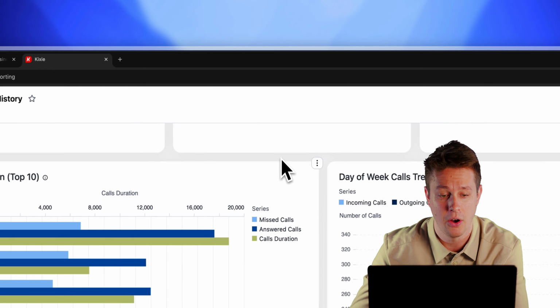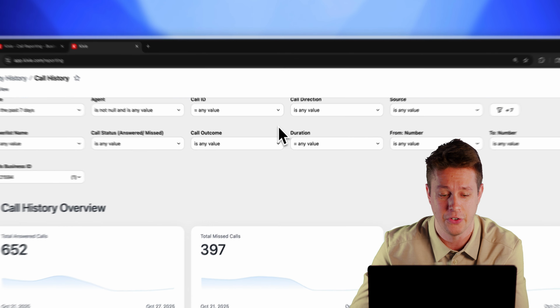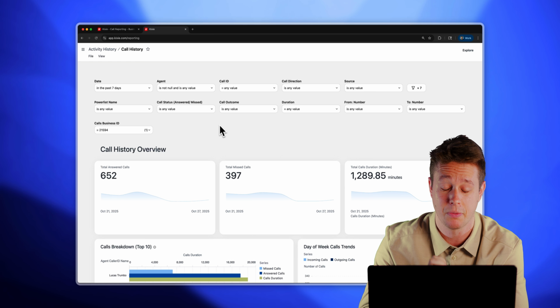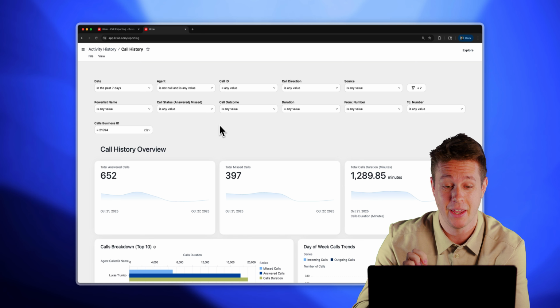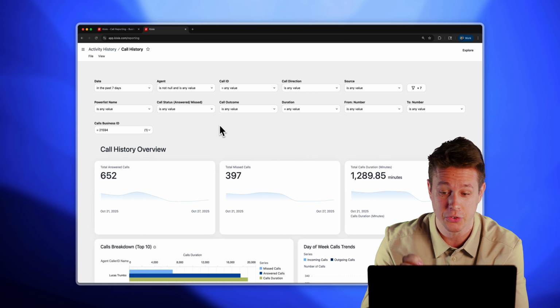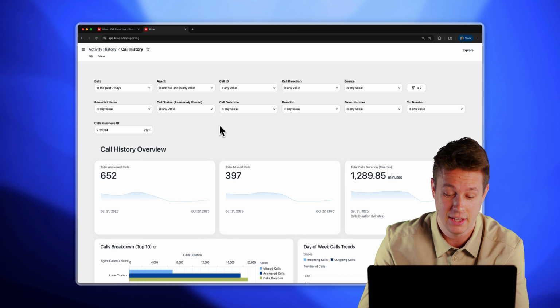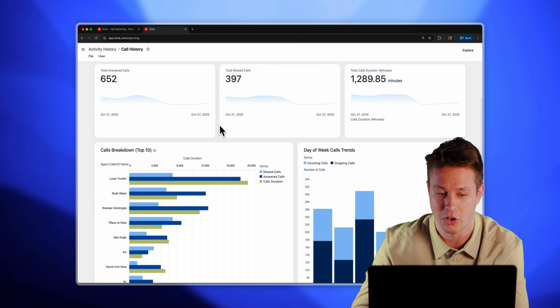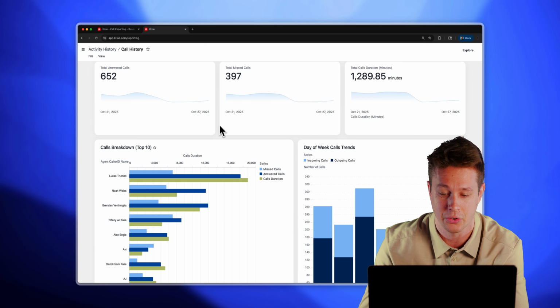Now, it's important to know that with this pre-built dashboard, any of these filters that I create on this particular one are not going to save, because this is a pre-built dashboard with pre-built filters. So if I want to make sure that the filters I'm setting up are saved and are part of a brand new dashboard, maybe with some more custom data, maybe there are some things I don't want in here, or maybe I just want it to look a little different,